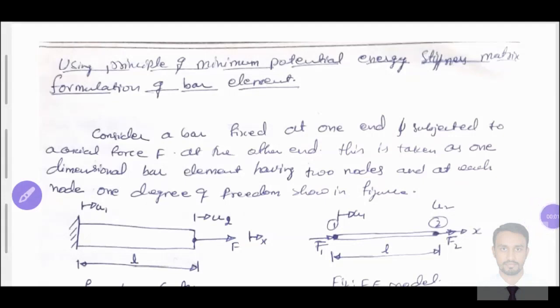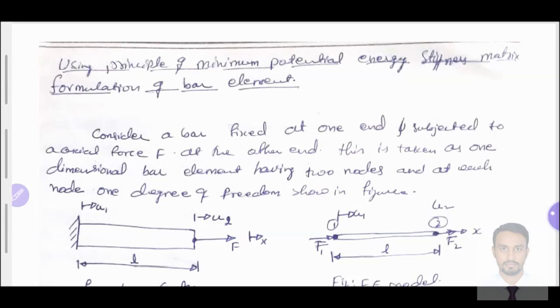Hi, welcome back to Finite Element Analysis, Module 2, Part B: One Dimensional Analysis of Bars. Topic 3 is to derive an expression for the elemental stiffness matrix by using two methods. One is the energy method, another is the direct method. First, I will take the energy method, then I will go for the direct method.